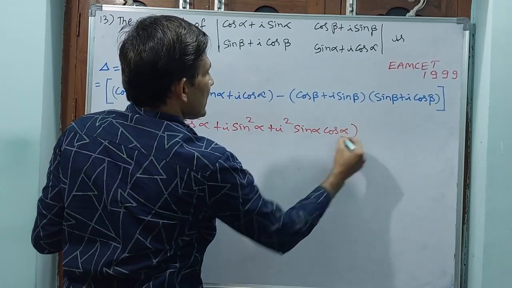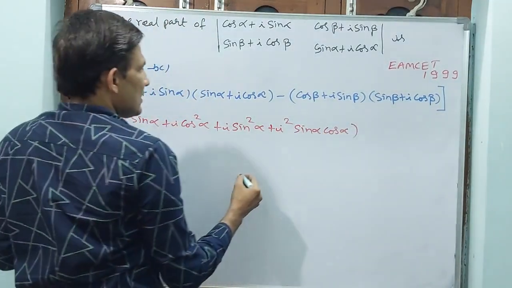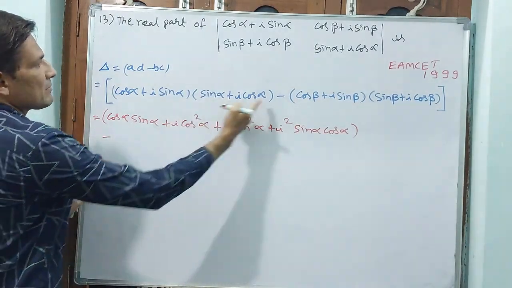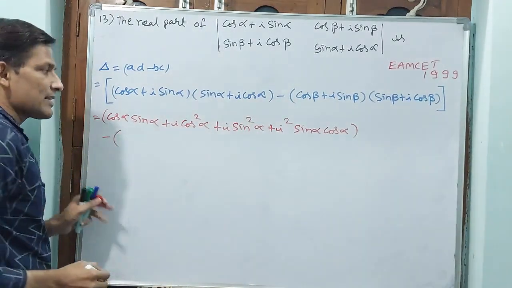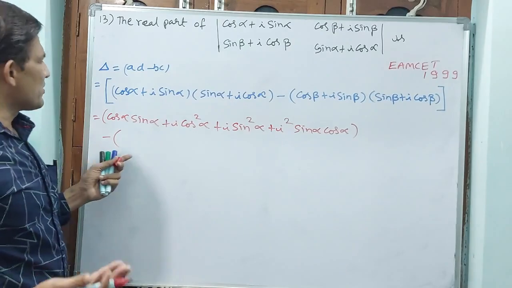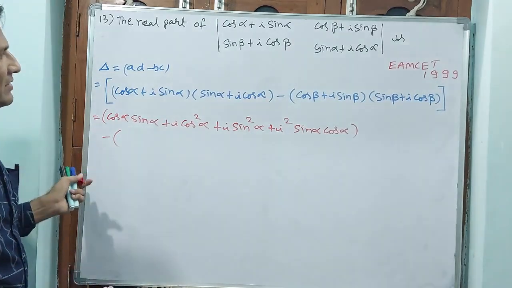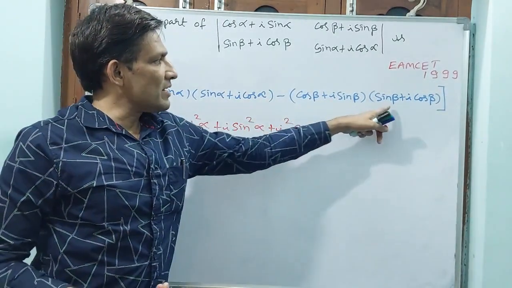Okay. Now you put parenthesis and apply minus. Why? Because minus is there. Apply minus and another parenthesis you keep. Why? Because no bracket is required, the parenthesis itself you can. Cos beta sin beta